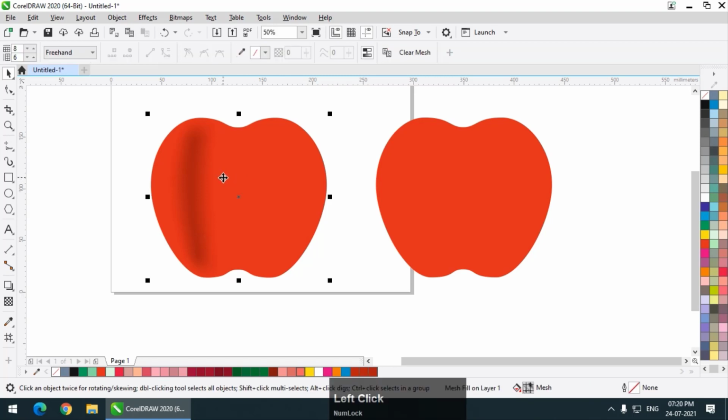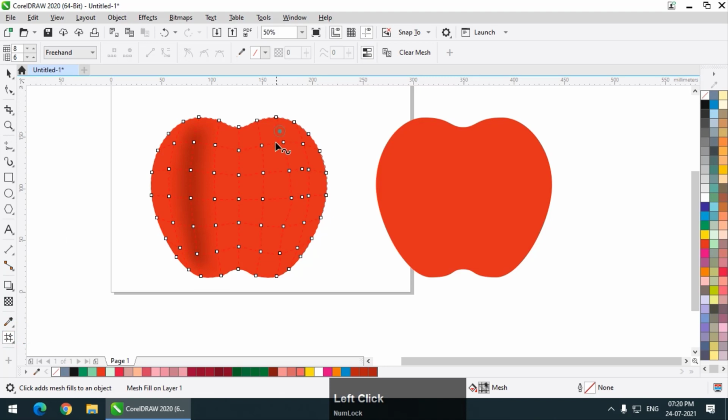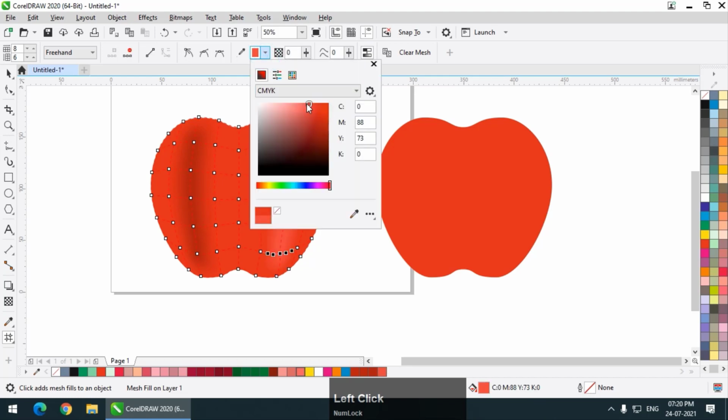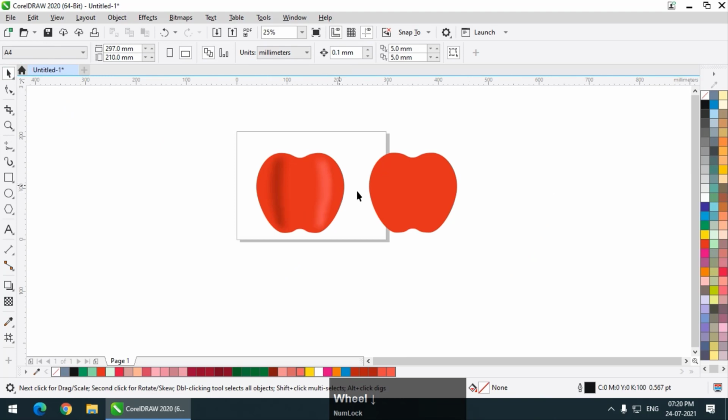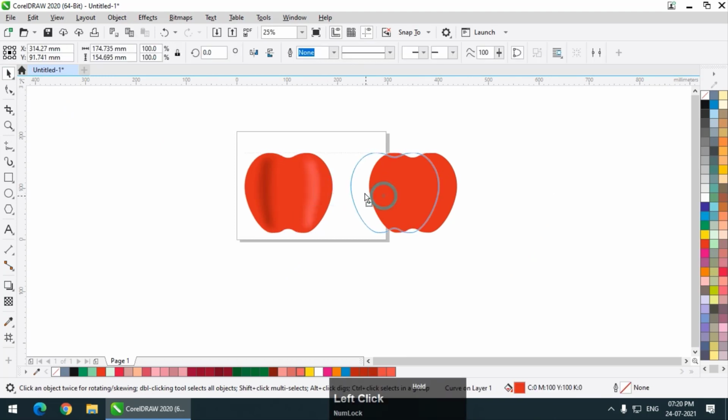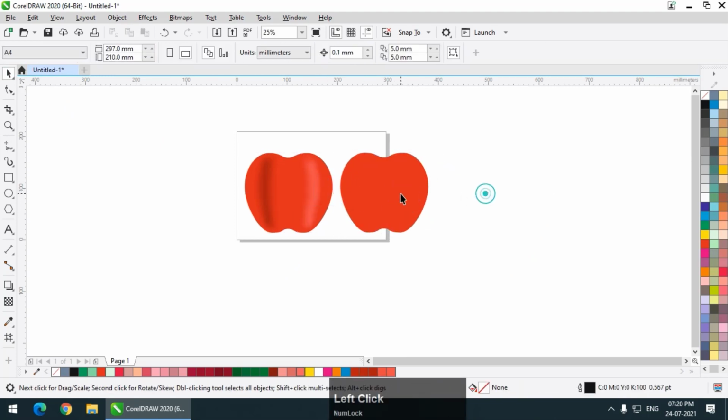So what I'll do is I'll make the other end, the right side, a bit lighter maybe. I'm going to select this portion. Yes, I have selected, and I'm using the lighter shade of this color so that it will look something like this. So as you can clearly see, this is the old apple that we had taken.